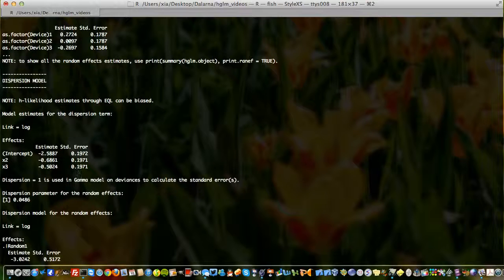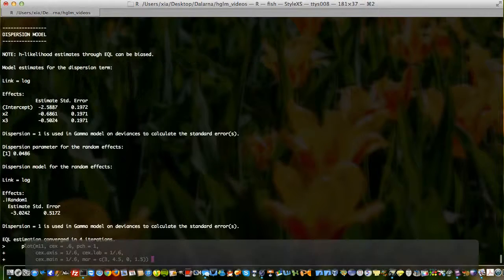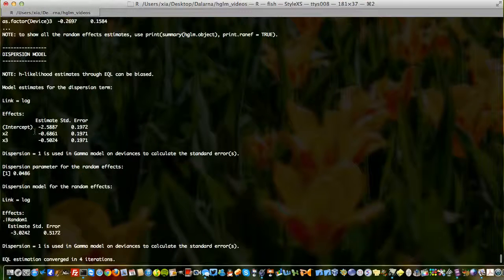So when we fit the gamma model, we take the log link. This can be user specified, but usually it's log. And these are the effects estimates for the dispersion part. So you can reconstruct the linear predictor from these estimates, and then you take e to the power of this, and you get a variance estimate. And that is what we get here, the dispersion parameter